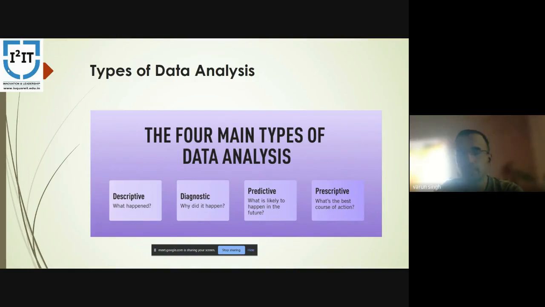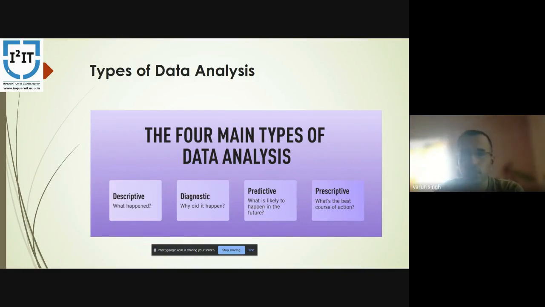After that is predictive. Like the name suggests, predictive analysis. From the raw data that we have, we will analyze and come to the conclusion of what kind of things are likely to happen in the future. With the help of the data, we can analyze that, and that analysis is predictive analysis. Then is prescriptive analysis.